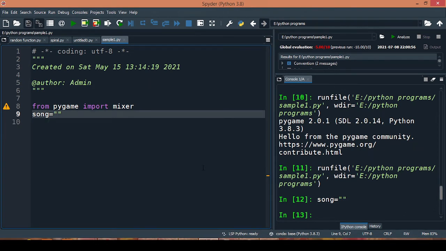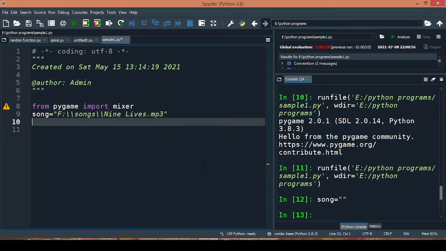That is the F drive, so I'll use F and then colon, and then double slash. Now it is kept in the songs folder, so I'll type songs and then again double slash, and the name of the song is 9 lives .mp3. You have to put the extension, which is .mp3.